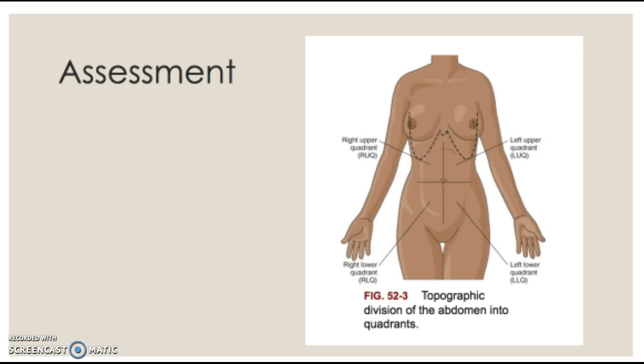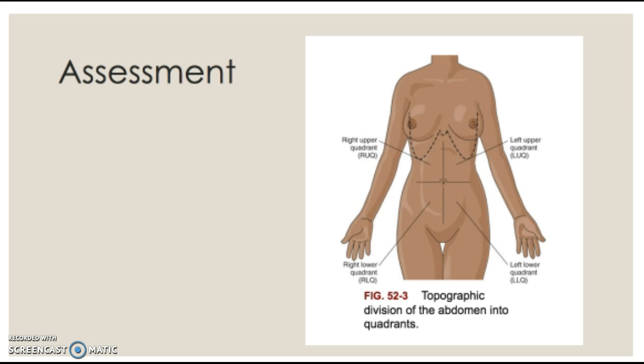In this slide, I've put a picture of the abdominal region of a patient. I've done this to kind of explain the physical examination of a patient's abdomen. So in the left lower quadrant, you will see a descending colon, sigmoid colon, and ovary and left ureter. In the left upper quadrant, you're looking for the organs of the stomach, spleen, left lobe of the liver, the